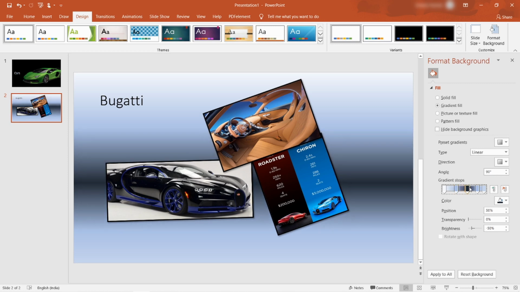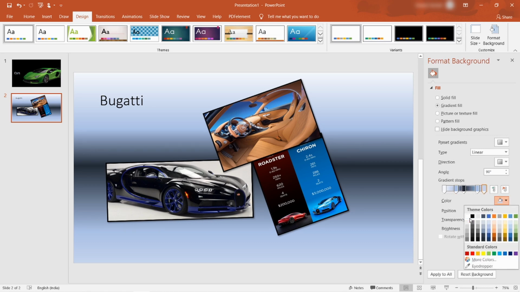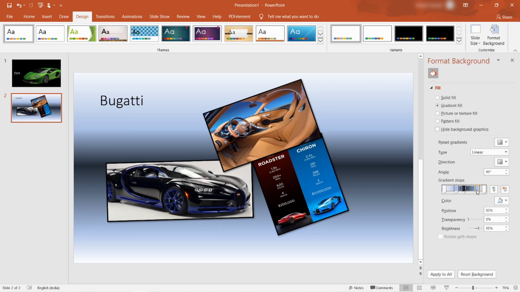So I'm just gonna put the black in the middle, and there's gonna be some white here. So as you can see, this is it.